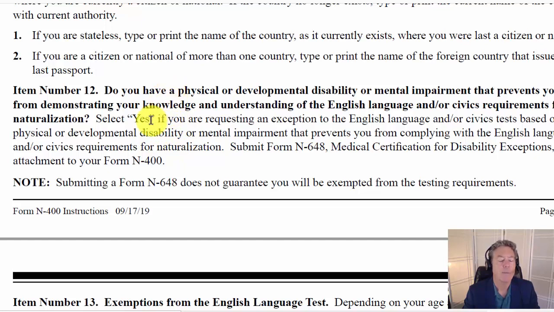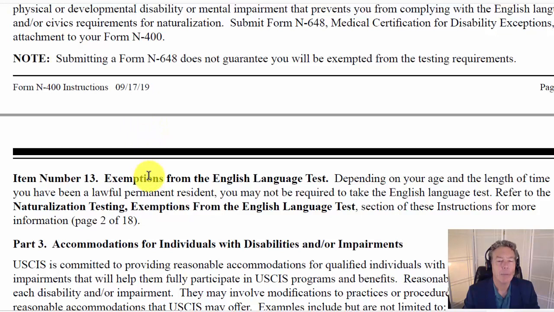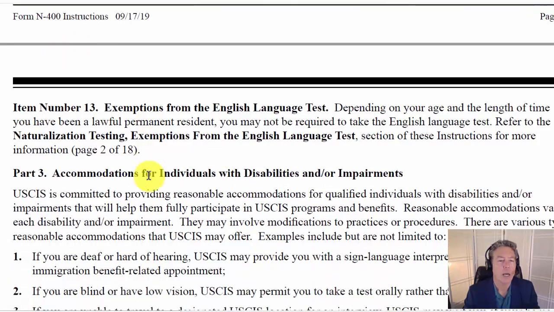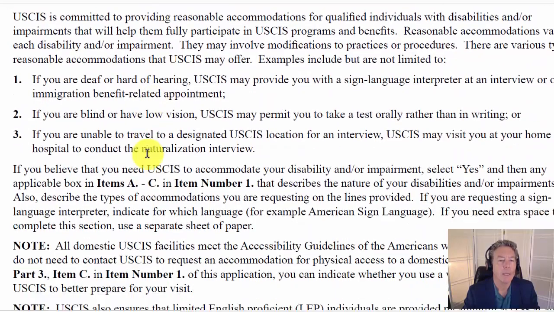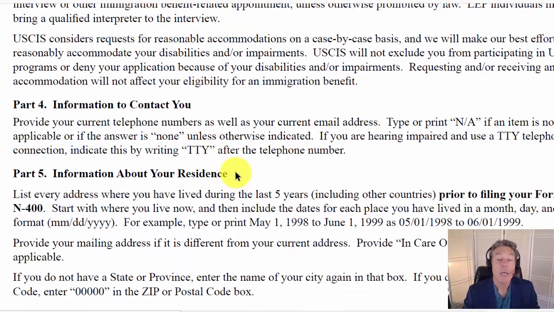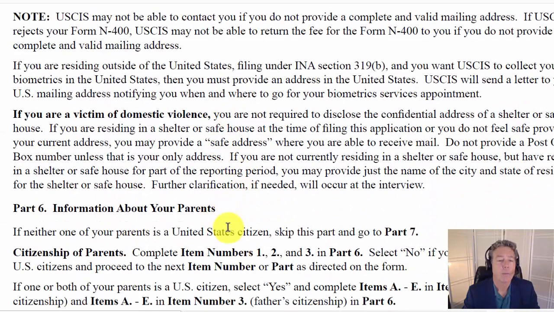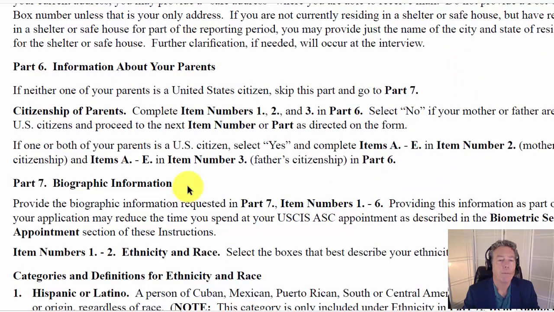Here's a developmental disability question, right? Exemptions from the English language test. We just talked about that. Accommodations for individuals with disabilities or impairments, right? Contact information, information about your residence, right? Where you've been living, information about your parents, biographic information,